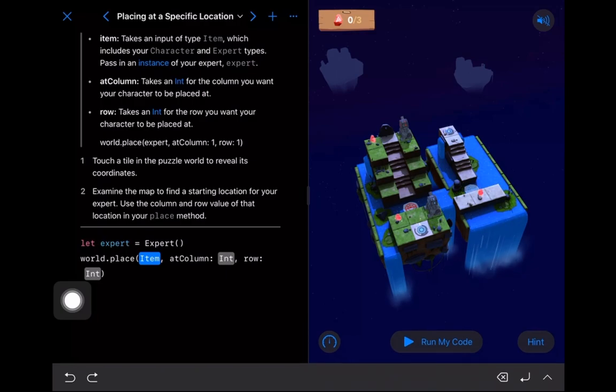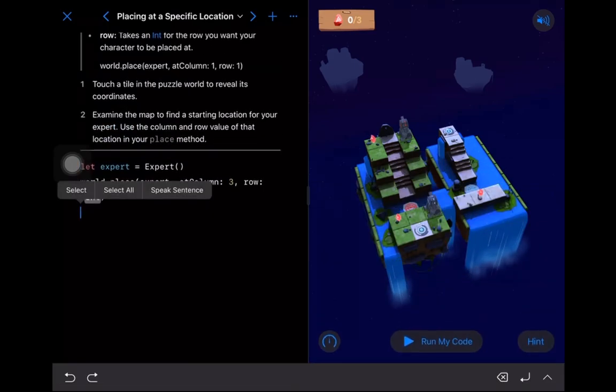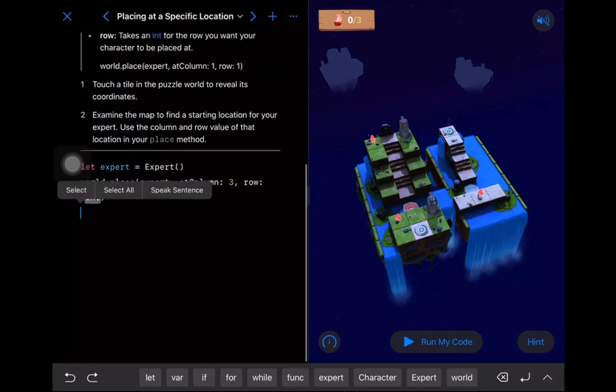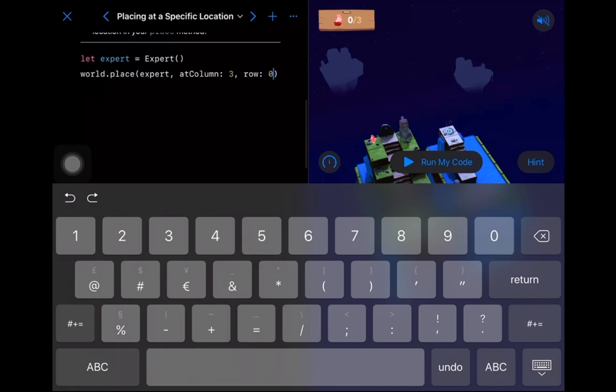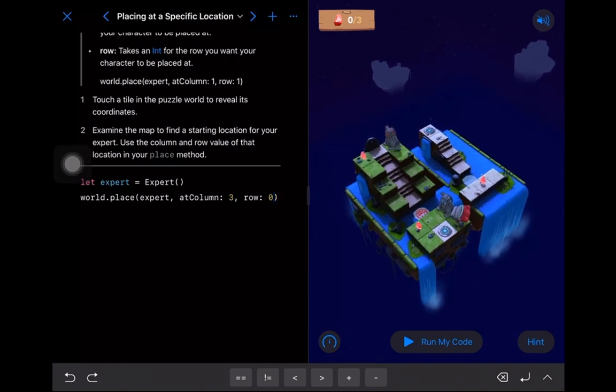So we can say, okay, let's place the expert. Let's place them at 3, row 0. And let's run my code. Okay, cool. There's my expert. Now, that might not be the place that I want to place him. Maybe I want to place him up here to start,